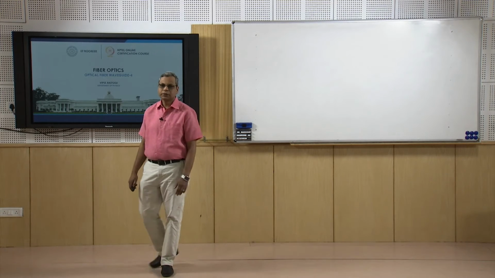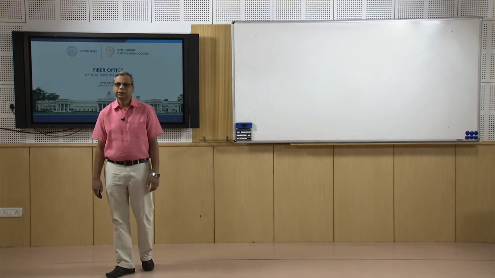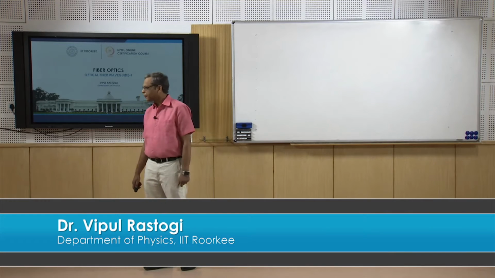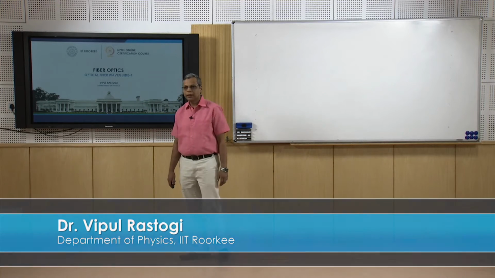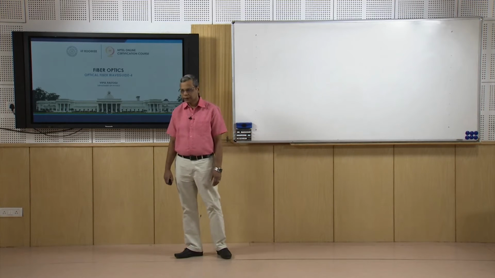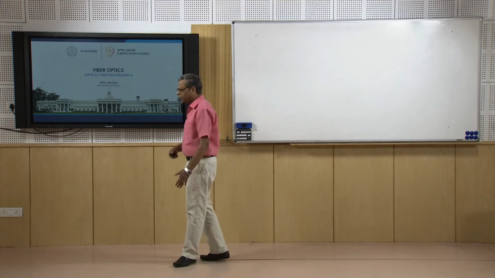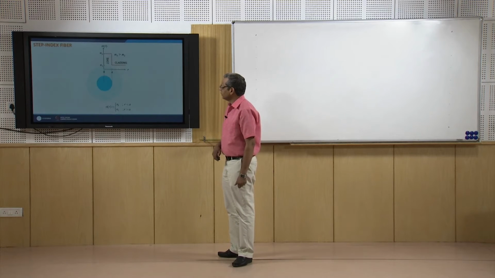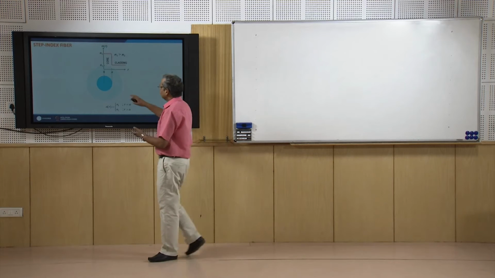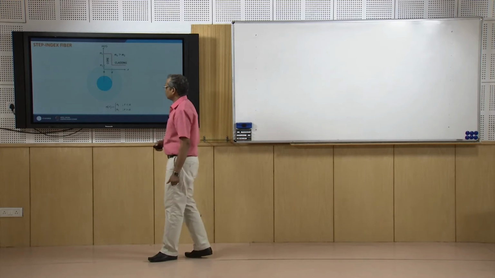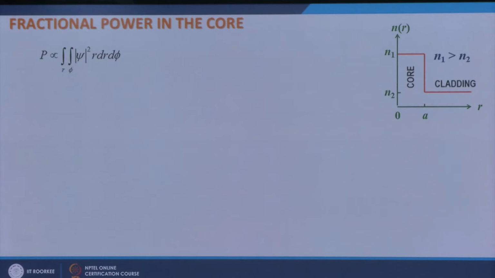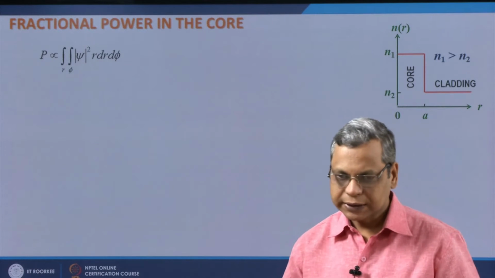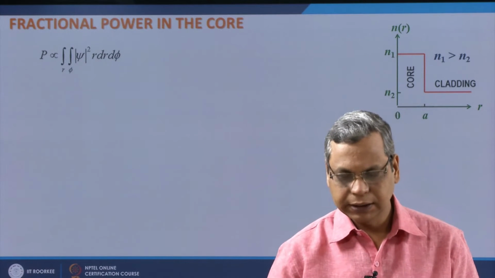After having understood the modal field patterns of a step index optical fiber, now let us have a look at what is the fractional power in the core, how the power is distributed between the core and the cladding. So, again we are analyzing this kind of step index optical fiber, and we know that the power is proportional to, if psi is the modal field which is basically the electric